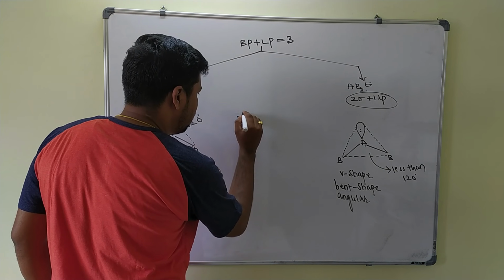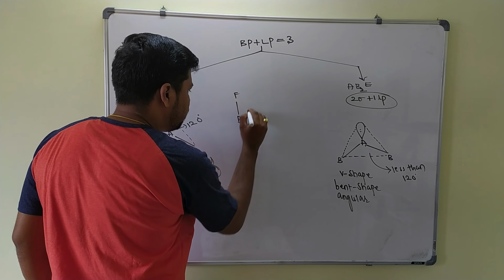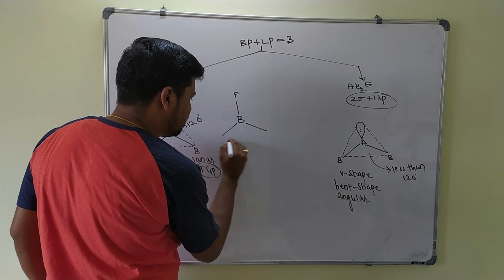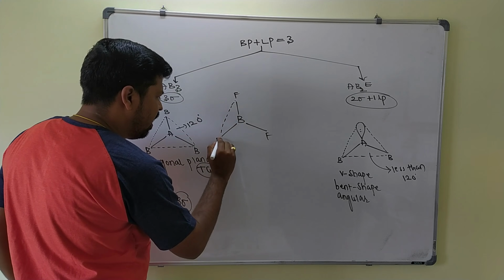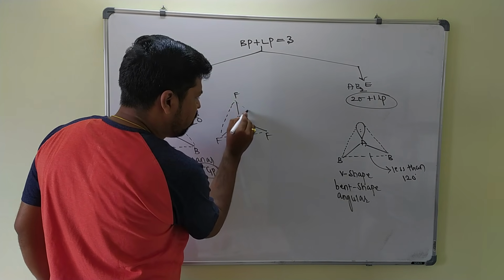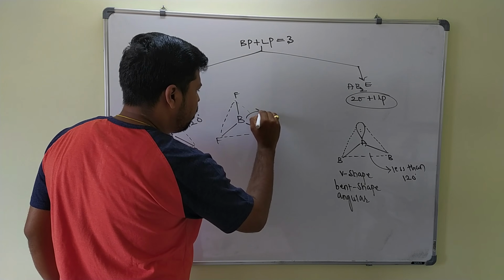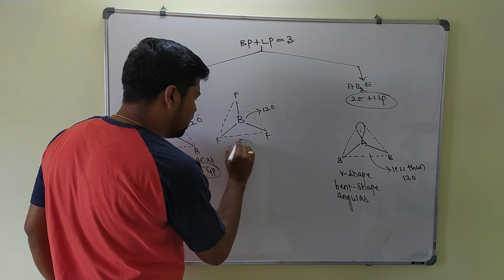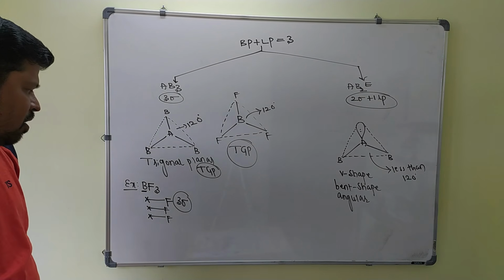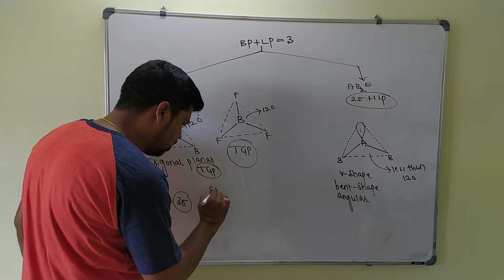I will write it like this here. This is the boron and this is your fluorine atom and this is another fluorine and this is another fluorine. These 3 fluorine atoms are arranged in a triangular fashion around the boron atom, and here the bond angle will be again 120 degrees. The shape of the molecule is TGP, like this. Or else you can write another example here. I will take